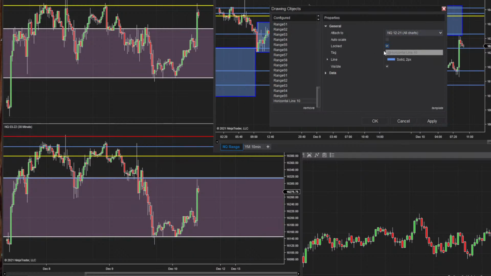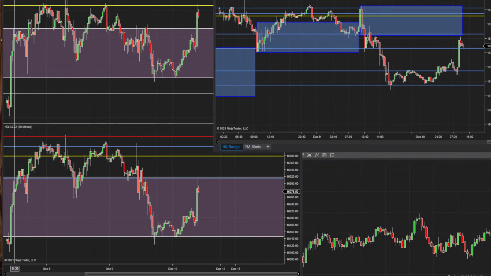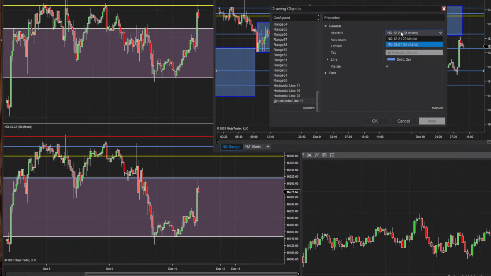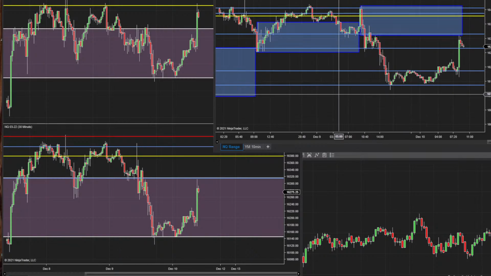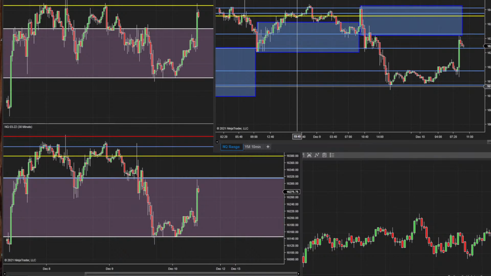I don't know, locked means I don't want to be able to move it. You can see when you added it. That's really cool. NinjaTrader has some really cool features that I actually haven't dug into, but I'm finding them along the way as I start to utilize the charts more. I wish it was just like NQ charts, not like NQ 31, you know what I'm saying? Maybe I just need to write them down really quickly and just redo them if they're not there.